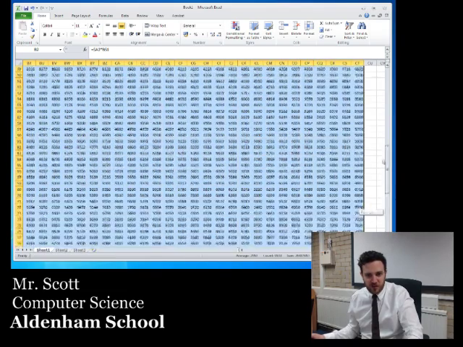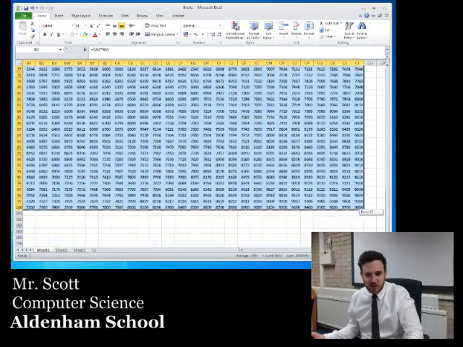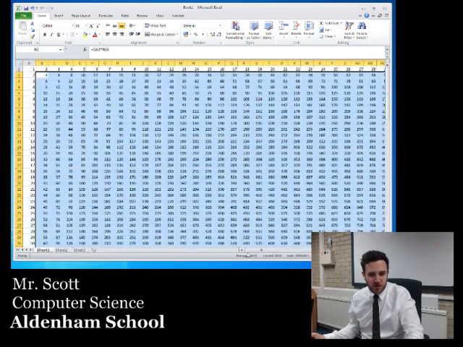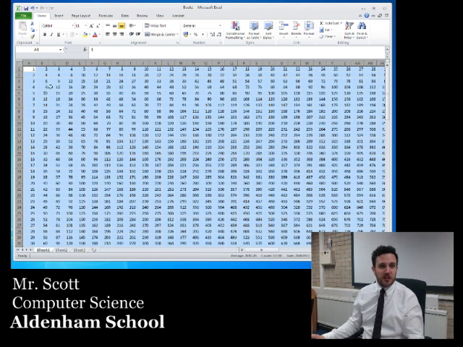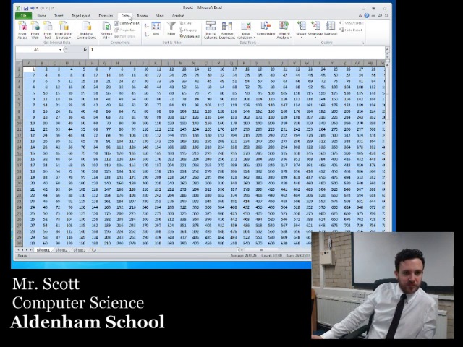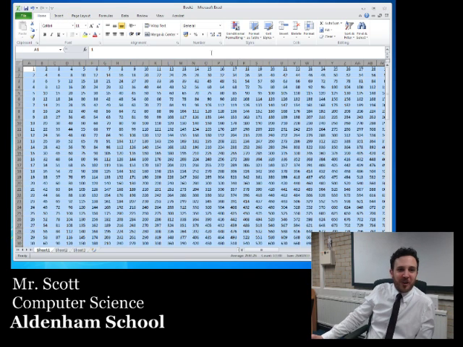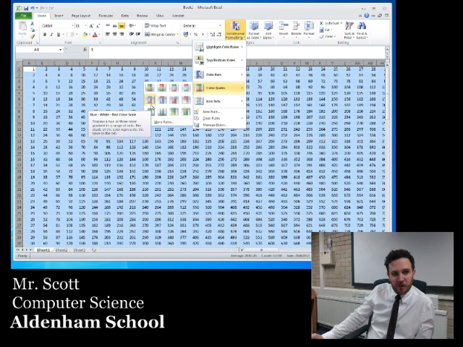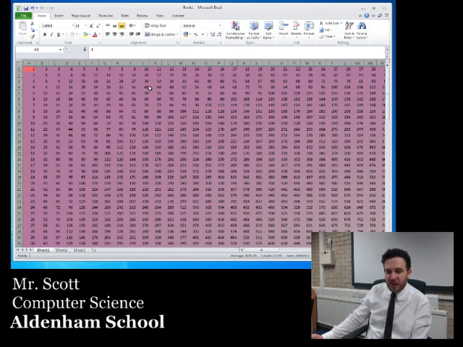Then what I'd like to do is set the color of the cell to be based upon the number in the cell, which is actually quite easy. If you highlight all the cells and go to home and then conditional formatting, and in here you press color scale, and so the higher number would be, say, blue here, and the lower number would be red, or we could do red, yellow, green. And so when I set it now, when I zoom out,